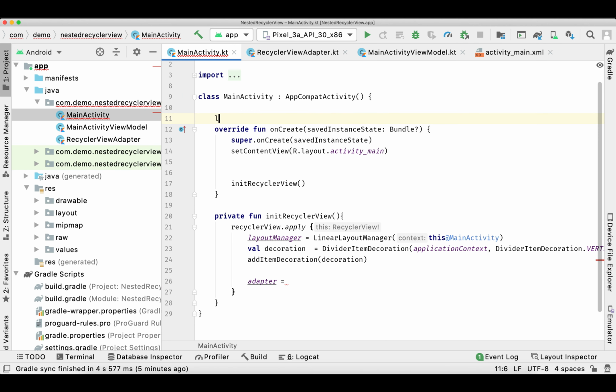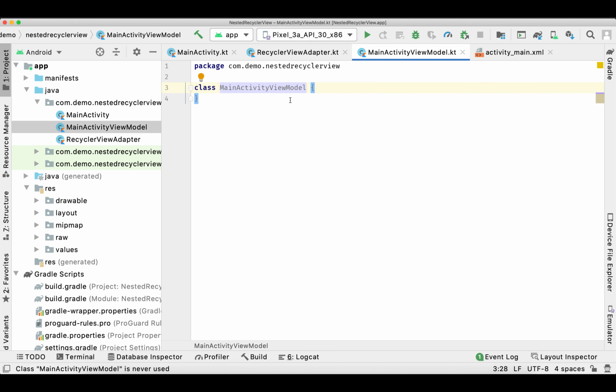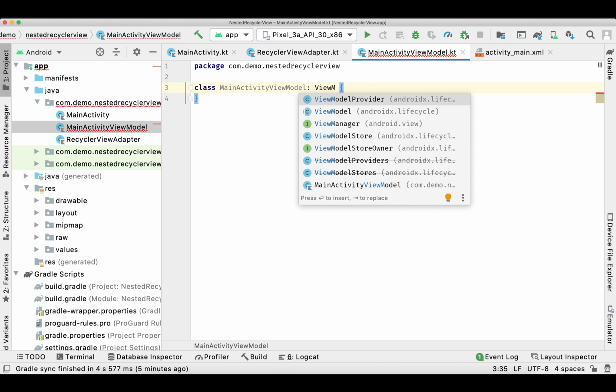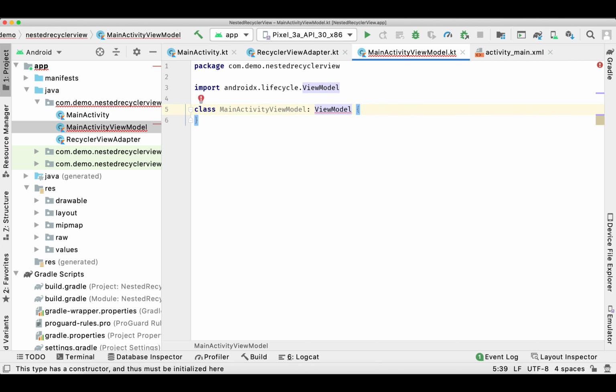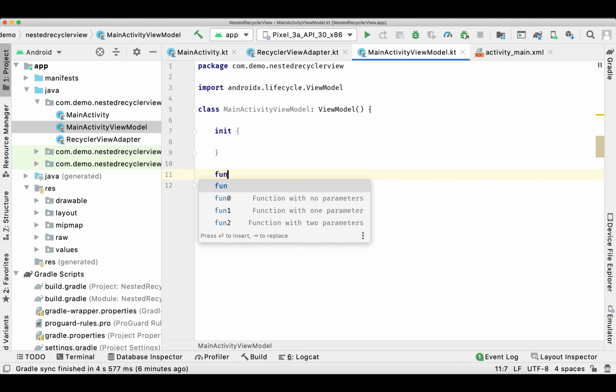Now we'll set our adapter to our recycler view. Inside our view model, we are going to get the data.